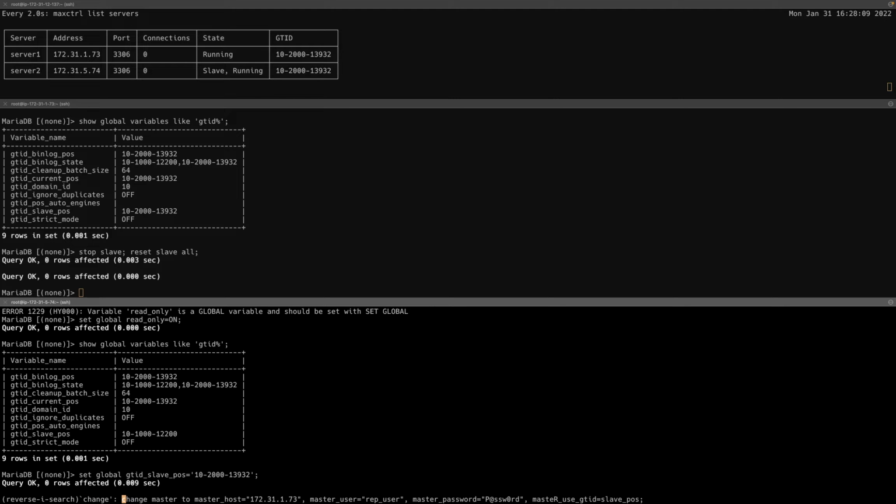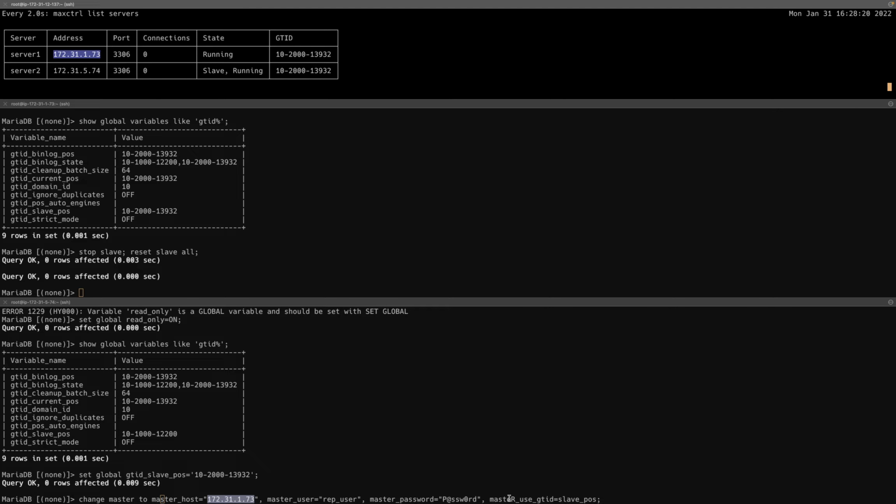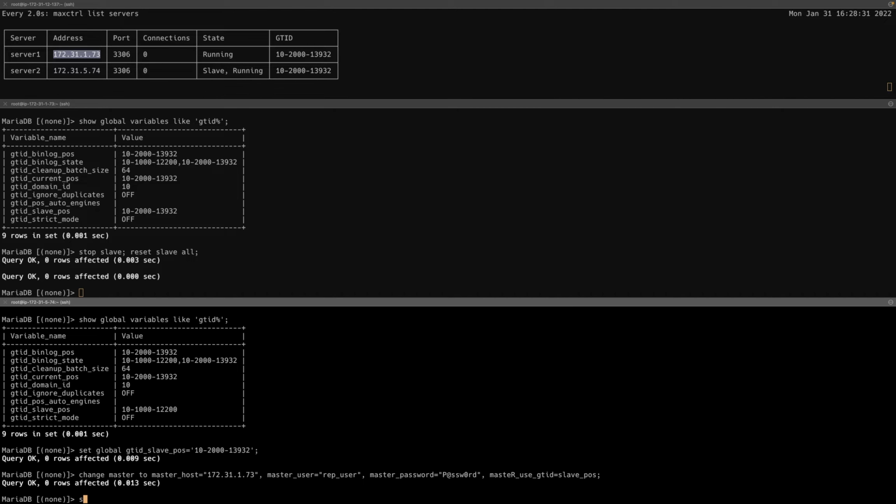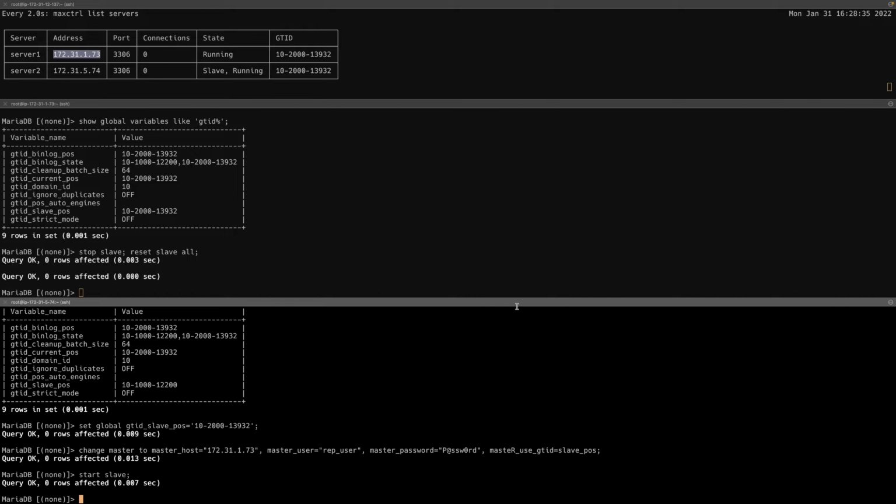Change master to master_host. Now we are telling this node that, hey buddy, your master is going to be this particular IP, right? So back to square one, back to the original master. And of course, master_use_gtid equals slave_pos. So whatever slave position we have set just now, I want you to start replicating from that particular position. So as soon as we do that and start slave, you will see,